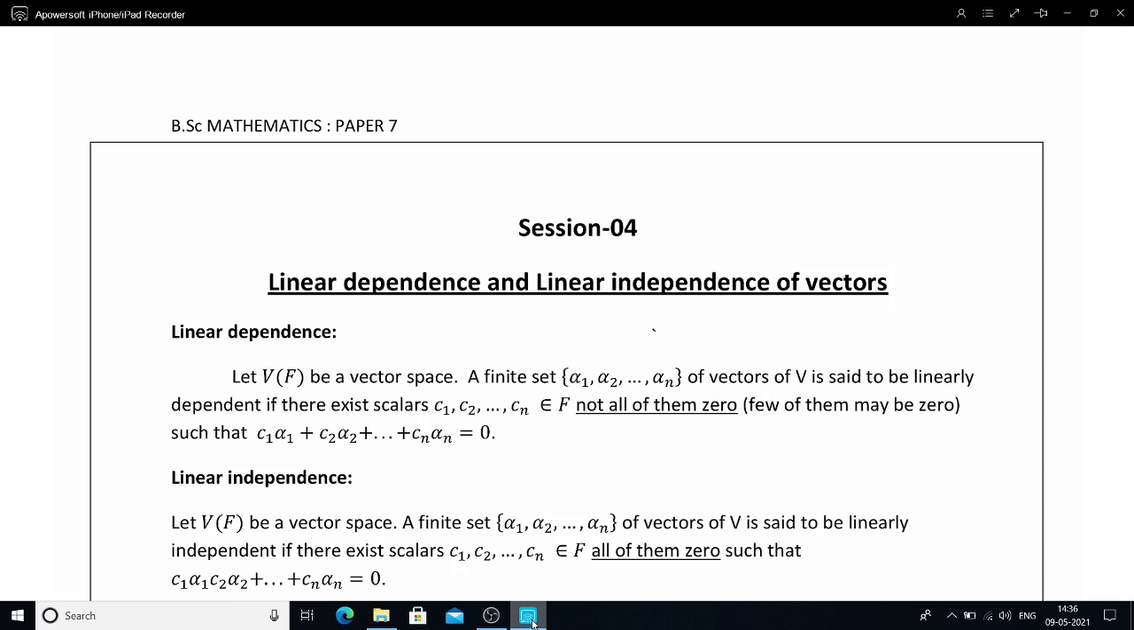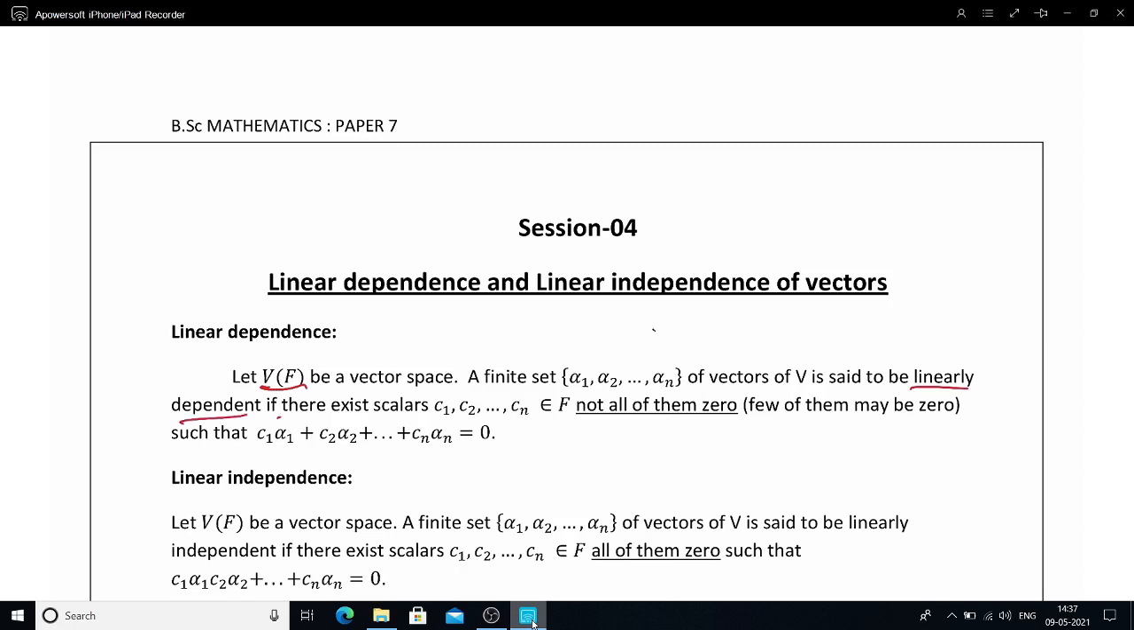Linear dependence. To define linear dependence or linear independence, first there should be a vector space over a real field. Remember this point. Let V be a vector space over a field F. V of F means vector space over a field F. A finite set alpha 1 to alpha n containing vectors is said to be linearly dependent